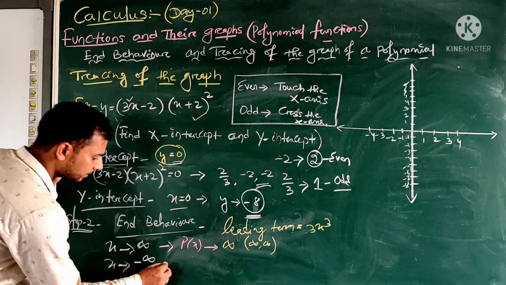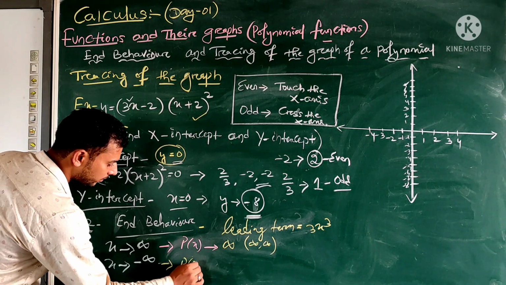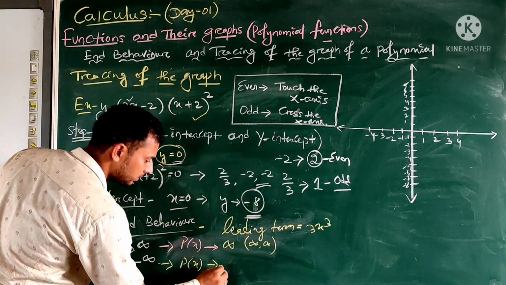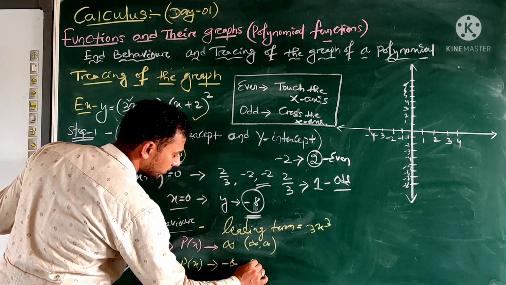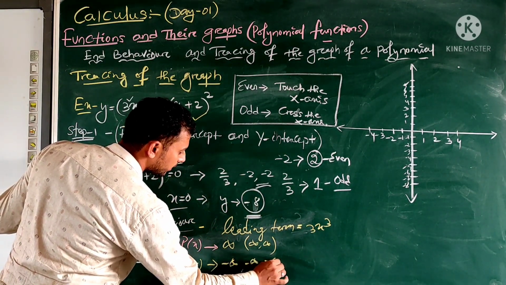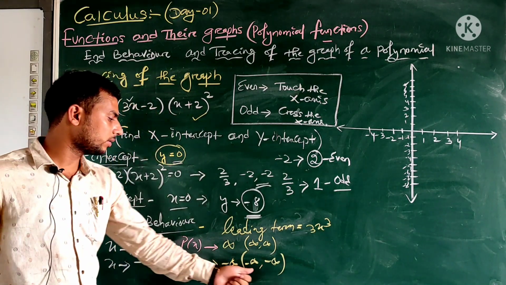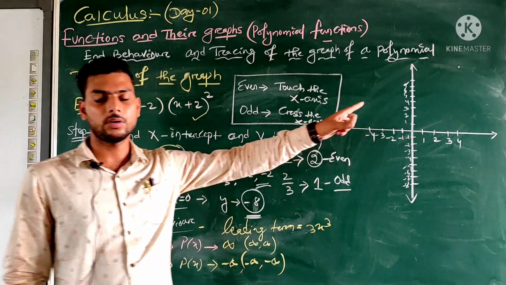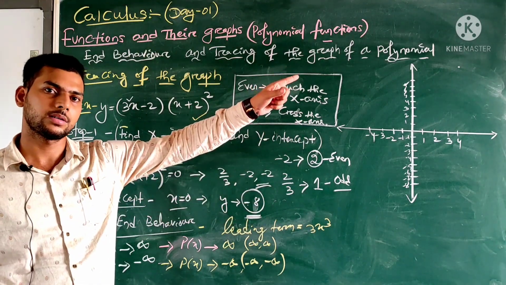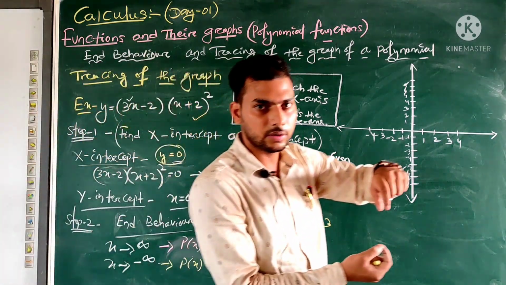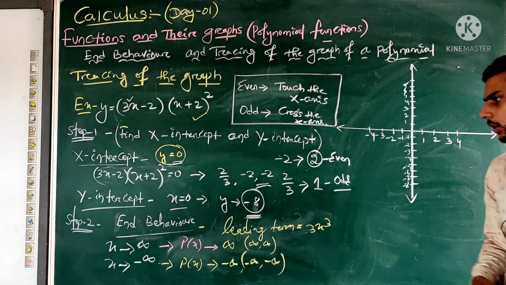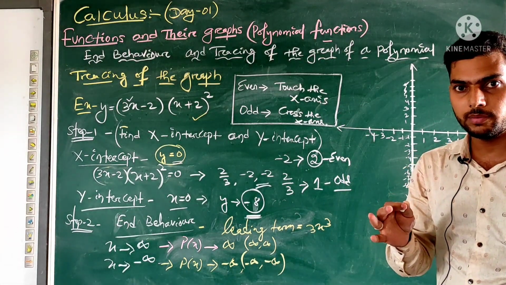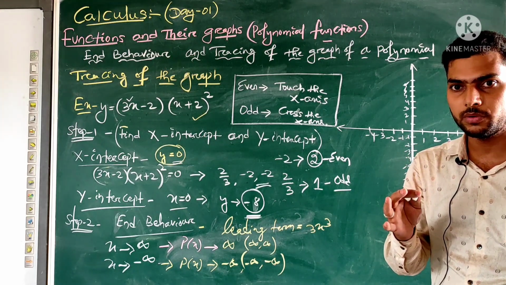The other one is, if x tends to minus infinity, p of x tends to minus infinity, because of the odd power. So minus infinity is the other end behavior. It means one end is in the third quadrant and the other is in the first quadrant. So the graph has to end in the first and third quadrant. We will proceed with it right now. So what things do we have to remember?